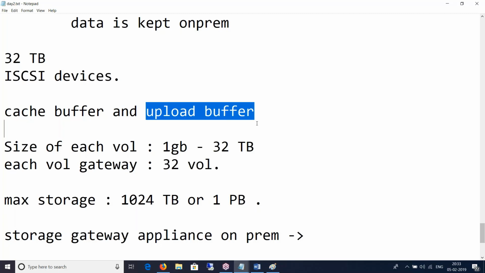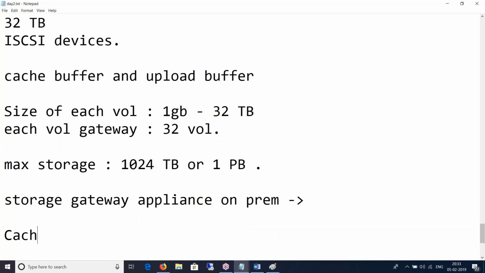There are two different disks and two different data storages supported by this architecture. We just spoke about one, which is cache storage. It acts as an on-premise durable storage. So let's make points here. Cache storage is an on-prem durable storage.